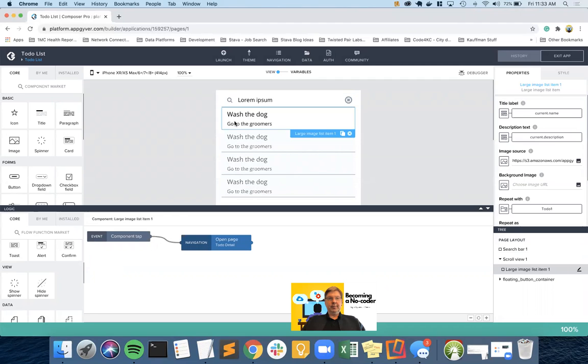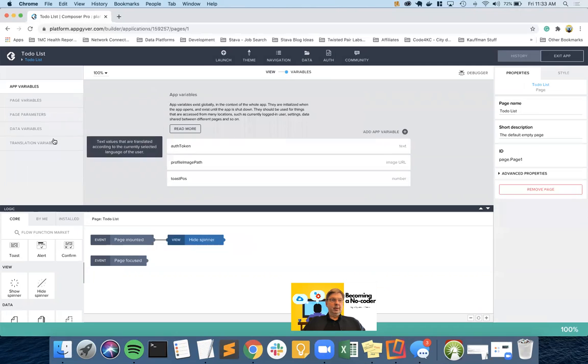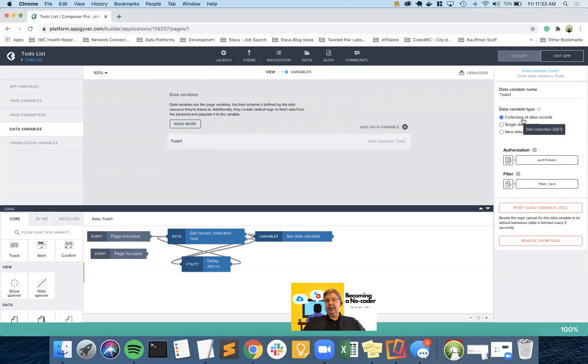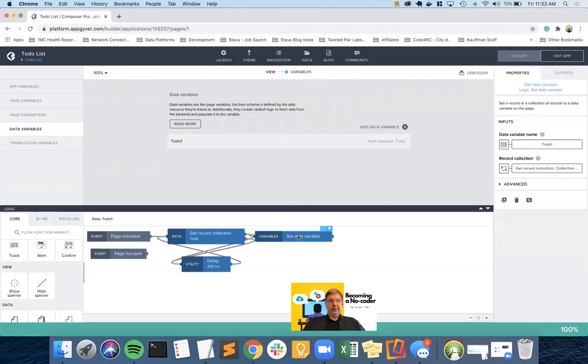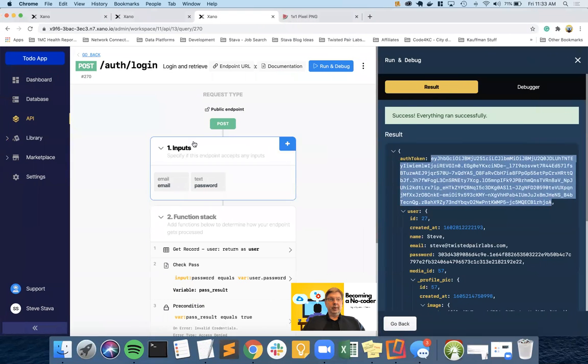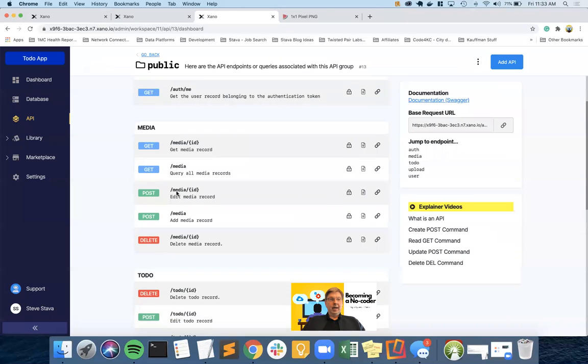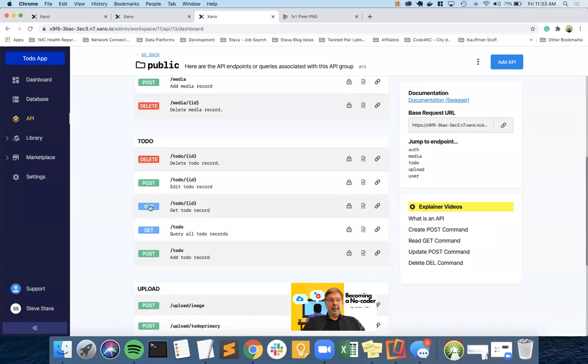So now when I get my list back, from an AppGyver screen perspective, I'm getting a list, which means we have a data variable. So I switch to variables. Here's my to-do one. I'm getting a collection, and I'm putting that into a data variable so that we have access to it, right? Here's my data variable. And what I want to do is update that API. I'm not passing back everything I need in that API. I am when I upload the image, but when I get a list,